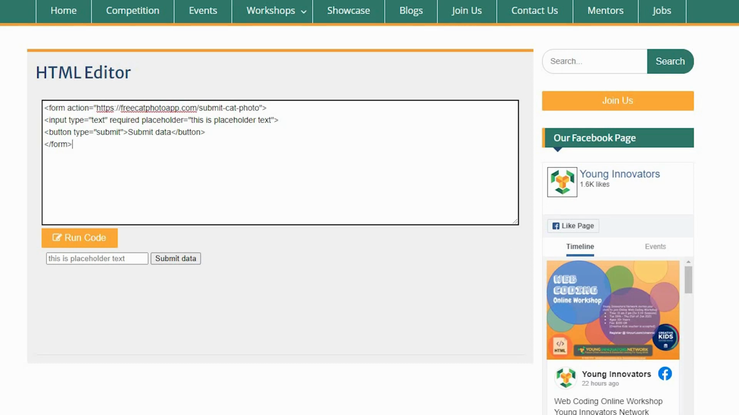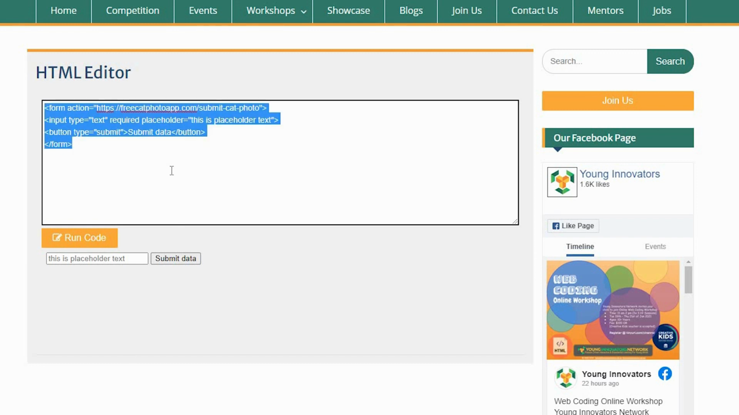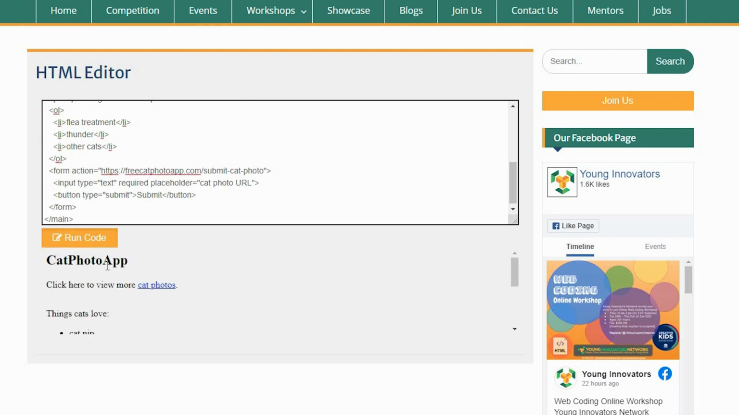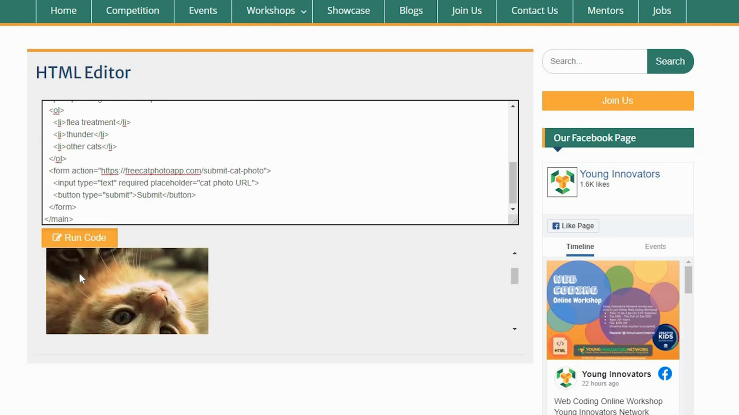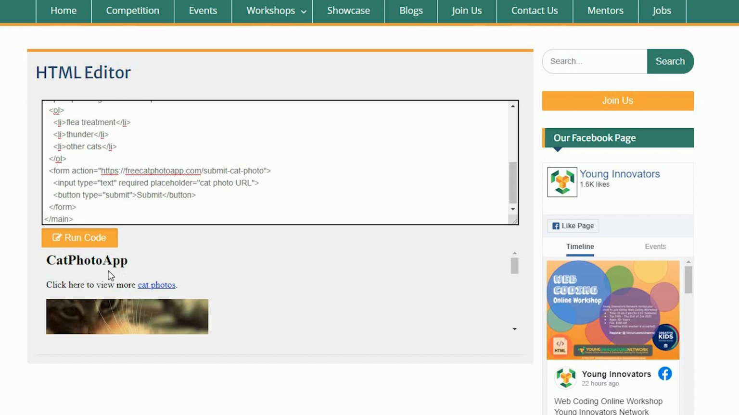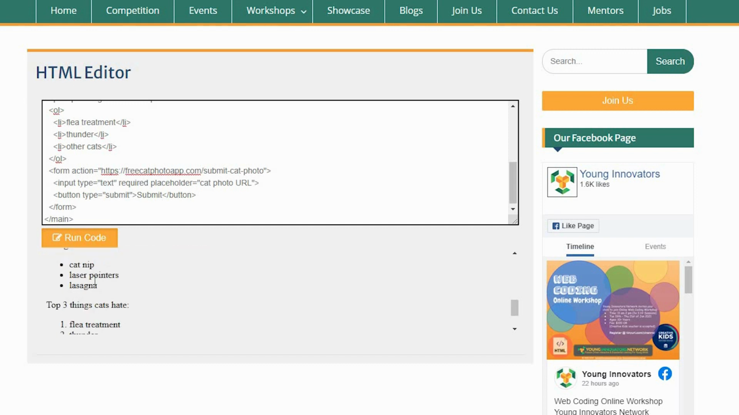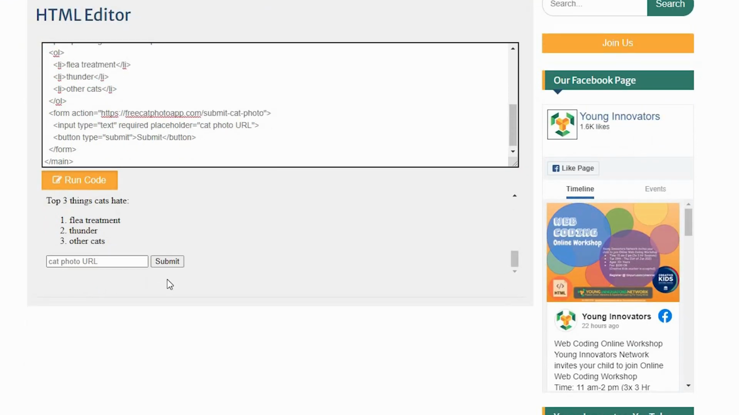Now what I'm going to do is copy paste some code that I made in advance, just so that we can make an example of how a page might look. So I'm going to run this code. So this is about the cat photos. If I scroll down, everything's here. Now moving forward, what I want to do now